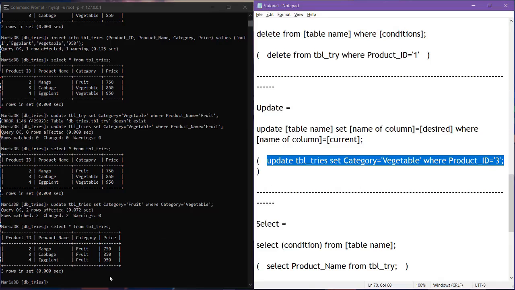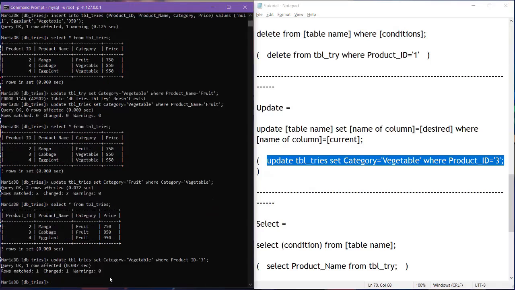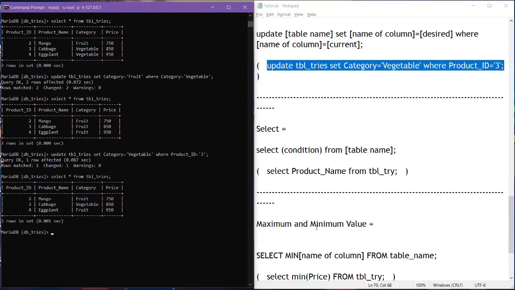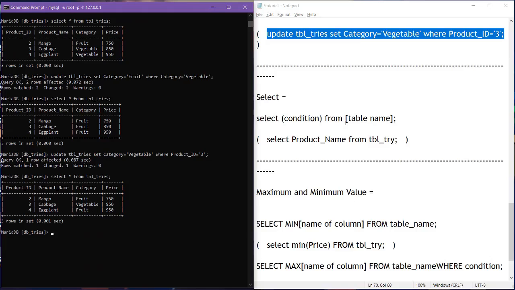Now, in terms of selecting, it's a sorting method that you can only choose one or two, or depends on what you want to choose, okay? So here is the syntax. Select condition from table name. So I will edit this.